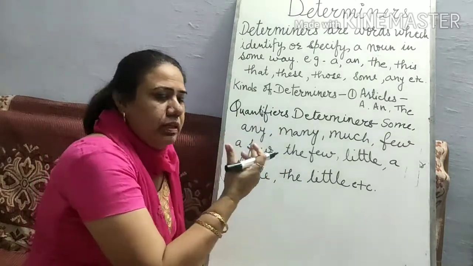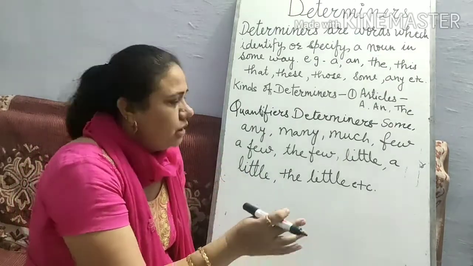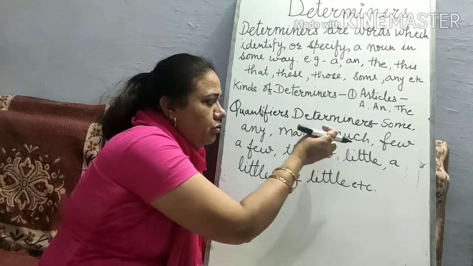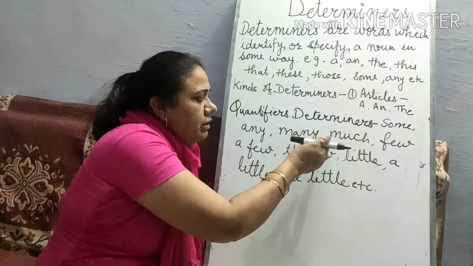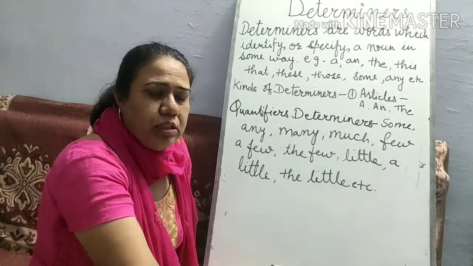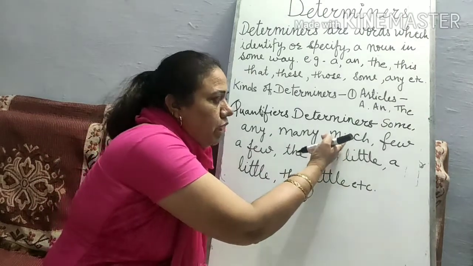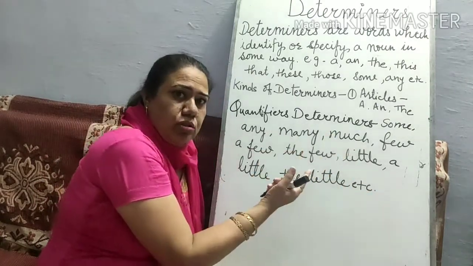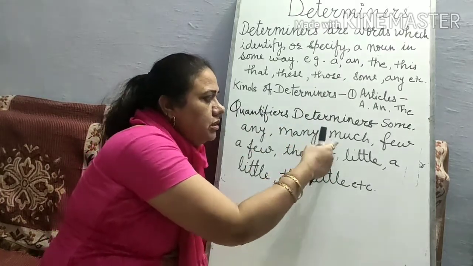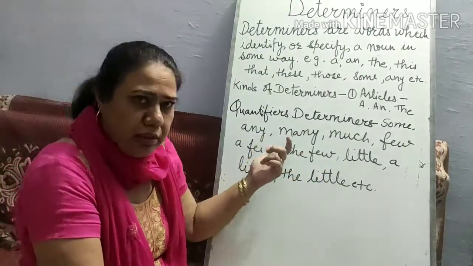Many, we count for numbers. How many students are in your class? So we write many when there is a number. Much we count for quantity, for the amount also. How much amount did you pay for this card? How much amount did you pay for these books? So you will have to remember these things for many and much. Much we count for uncountable nouns. Many we count for countable nouns.